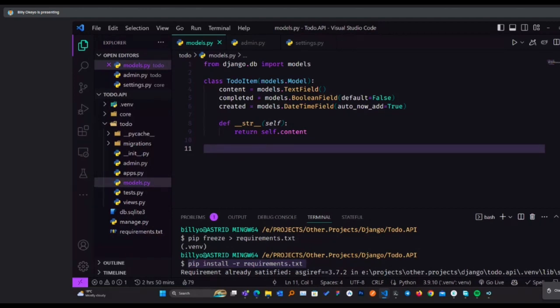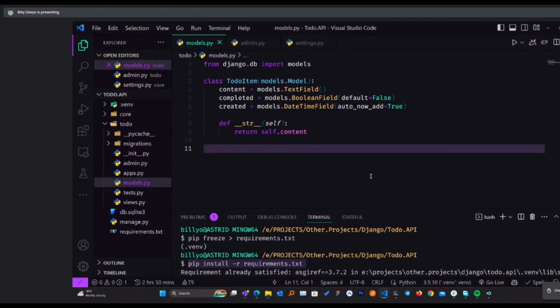Okay, Lala, I'm seeing you have your hand raised. Good evening, Billy. Good evening. I can see from your screen we have models, and I want to believe those are, for example, the tables, right? Yeah. So far we have created a to-do item as a table.